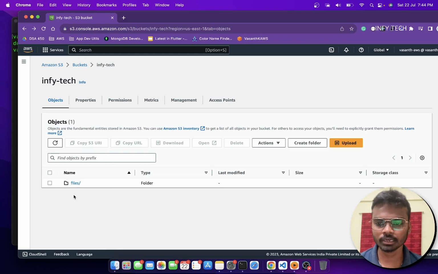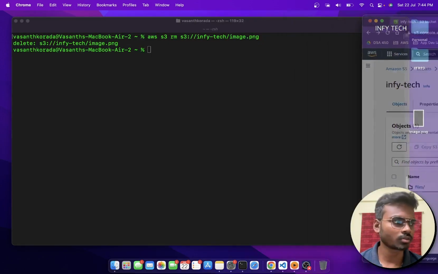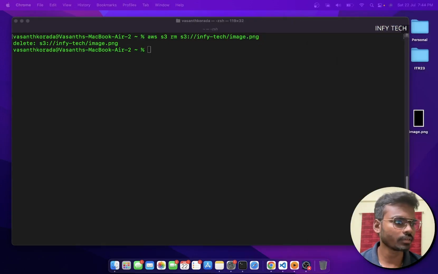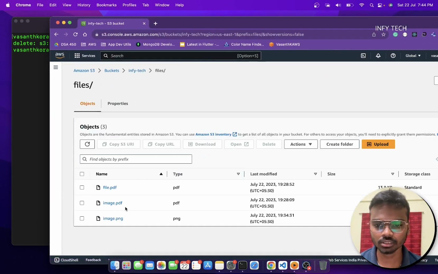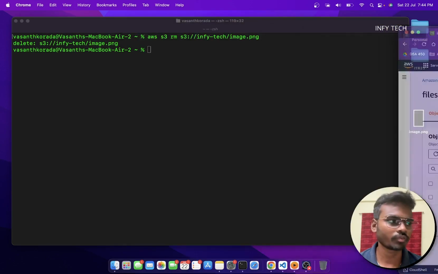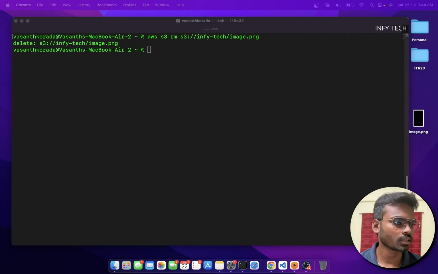As you can see, that particular file has been deleted. So that's about deleting a single file, which is very straightforward. Let's say you wanted to delete multiple files in a directory. Here I have a files directory in my bucket. Let's say we wanted to delete only the PDF files and not the PNG files. For that, what you need to do is